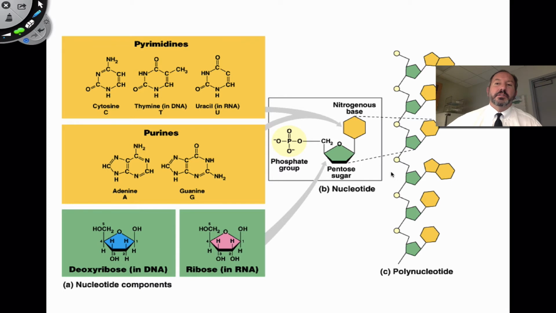And so I find this part to be interesting too. So do you see this pentagon in green right here? So the pentagon is a sugar. So it's a pentose, meaning that there's 5 carbons, 1, 2, 3, 4, and 5. And so those are named after carbon 1, 2, 3, 4, and 5, if you recall this from a previous video.